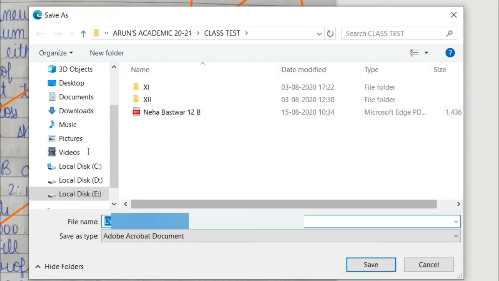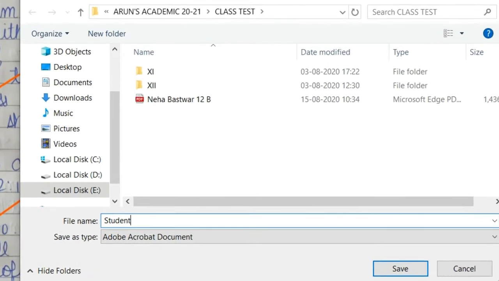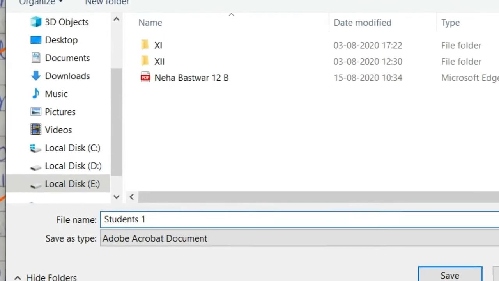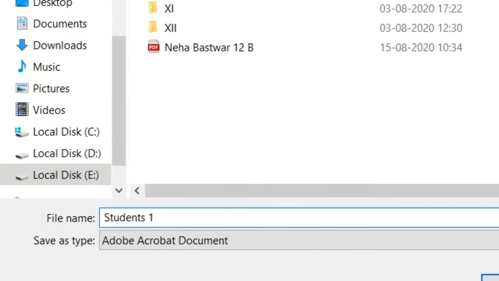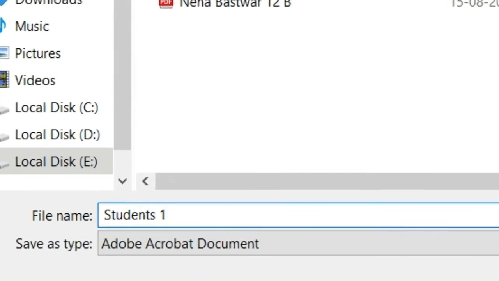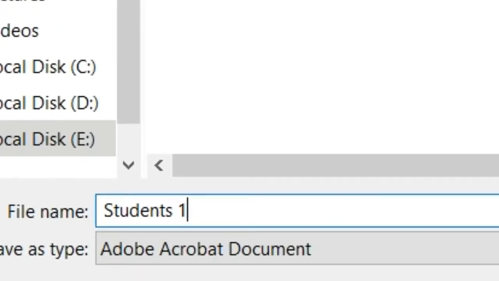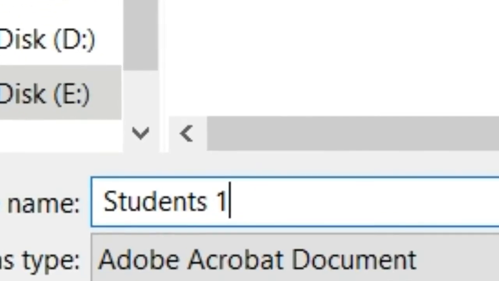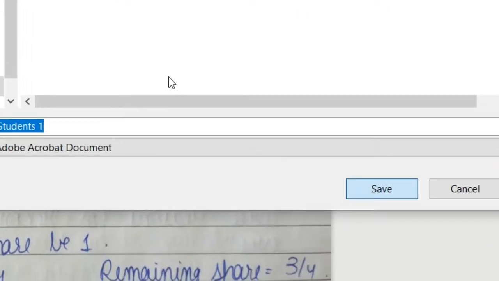There only I am selecting, and if a file name is already given, you can select that. Otherwise, you can give a proper file name. So type the file name. Suppose student1. So you can give a student name. Then click on Save. Saved.